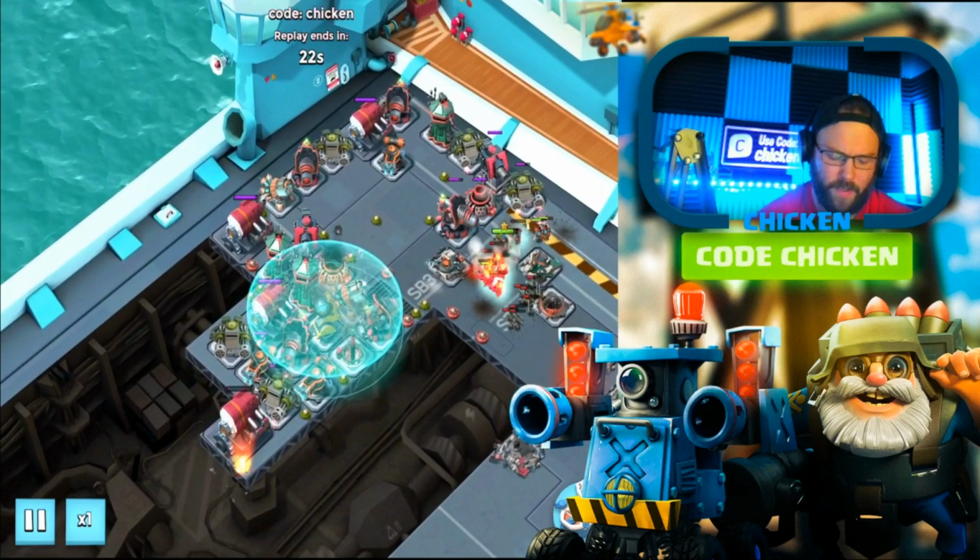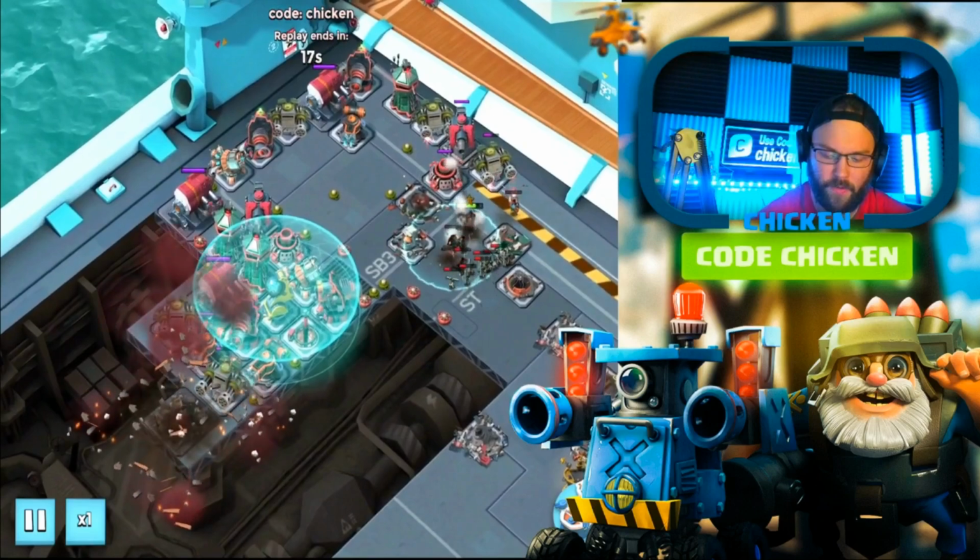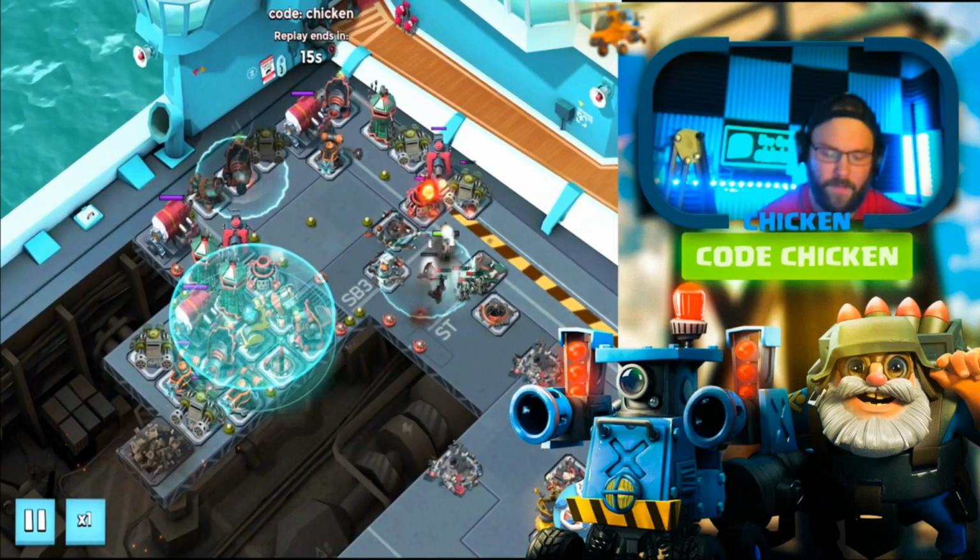Actually, this one I might need to use an artillery on. But you can see it's got such low health there. It's not a big deal to throw 1 artillery on it. And then from there, what we do...